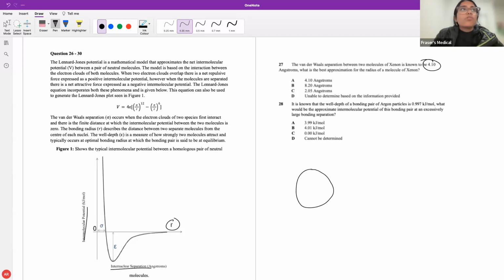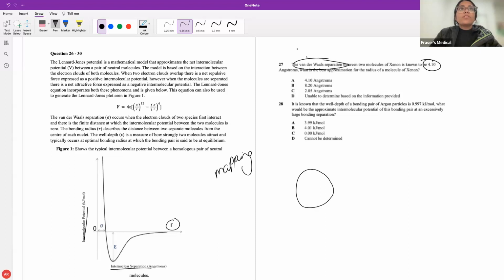Now, the van der Waals separation, where is that seen? This is the majority of GAMSAT stems, and especially section 3. It's nothing more than reading the keywords within the question and then reminding yourself, where within the stem did I see that? That's a process we like to call mapping. So we read the stem, we understand where the majority of things are. We go to the question, identify the keywords, and think to ourselves, where was it within the stem? That's the majority of section 3. It's just mapping and working out where things are. That's the majority of it.